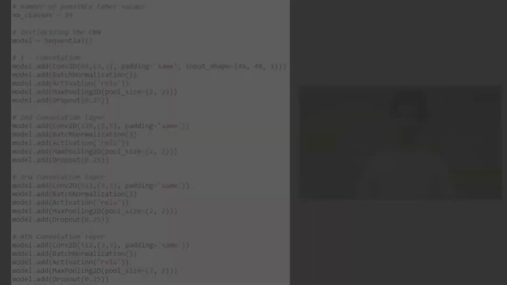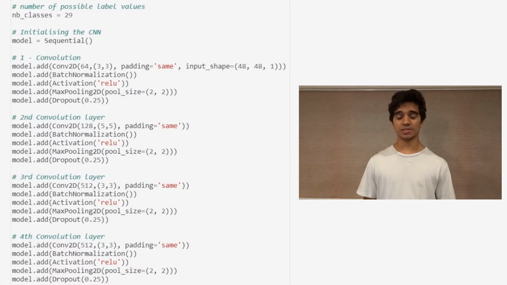3, running through a ReLU activation function. 4 is a pooling layer. And 5 is the dropout layer. So in the first line, the input size of the image, the number of filters, and the size of the filter is defined. Here we've used 64 3x3 filters, and the input size is a 48 by 48 by 1 image, meaning it's a 48 by 48 image that's